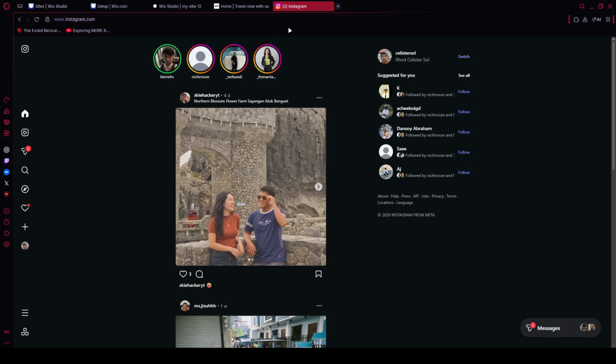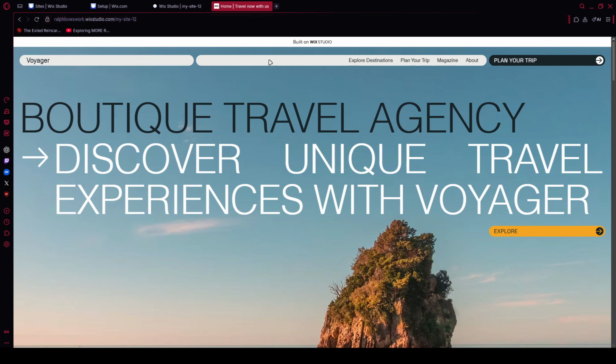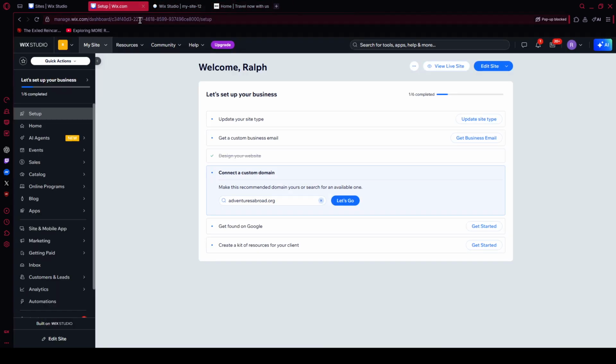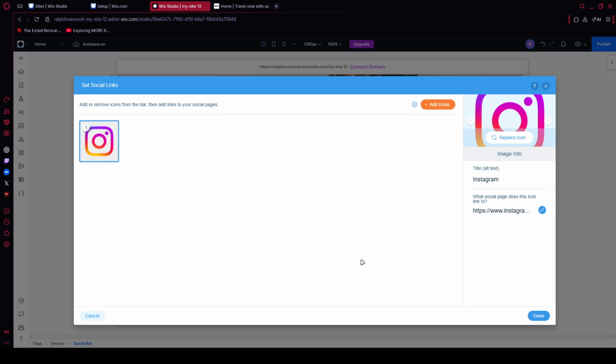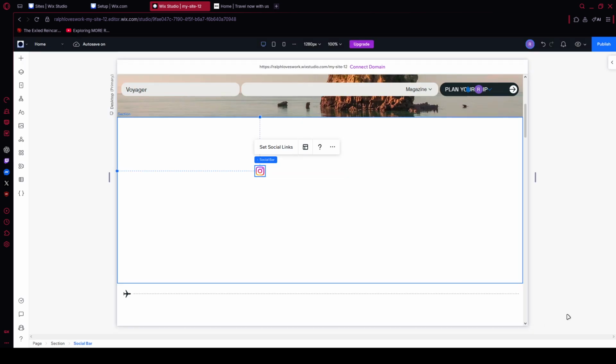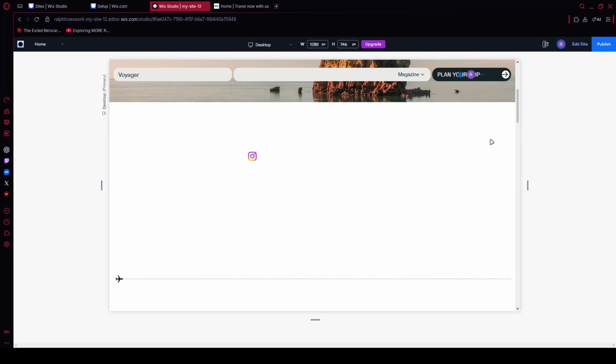Let's test it. Click Preview at the top right of the editor. Then click your Instagram icon to confirm it opens your profile in a new tab. If it doesn't, double check that the correct icon is selected and that the full URL was pasted with HTTPS included. When it works as expected, return to the editor and hit publish to push the update